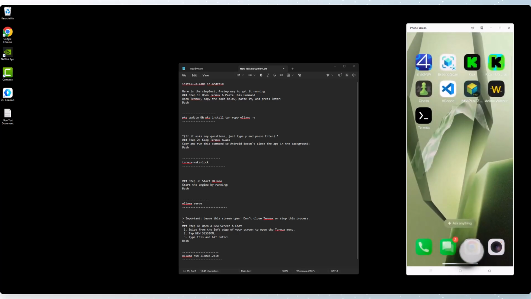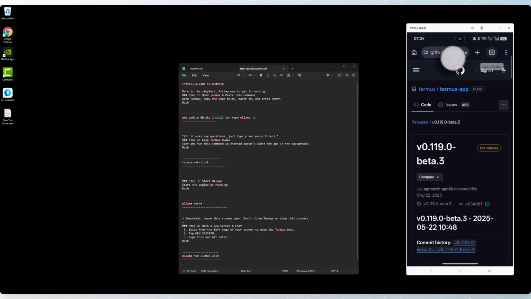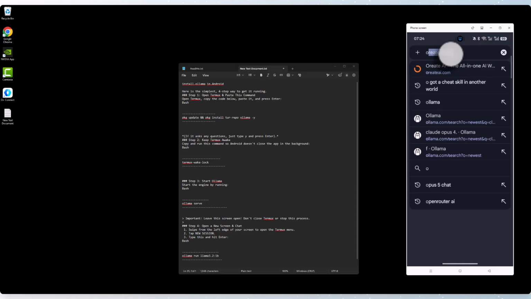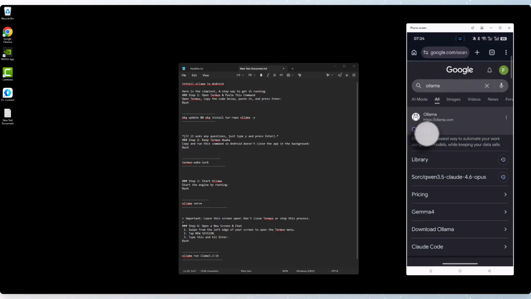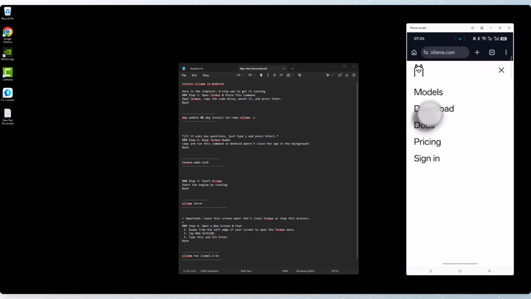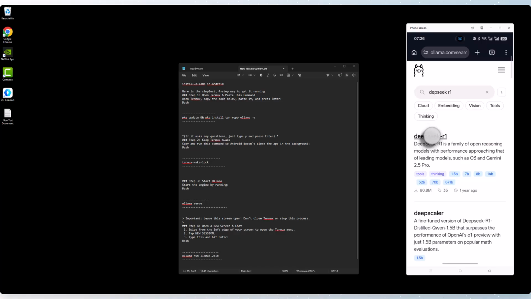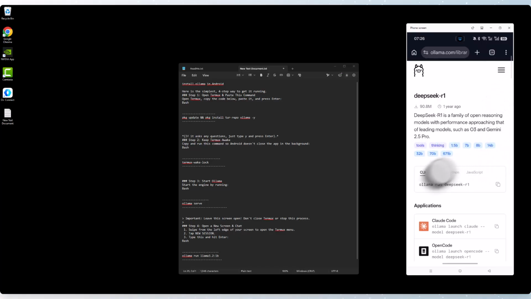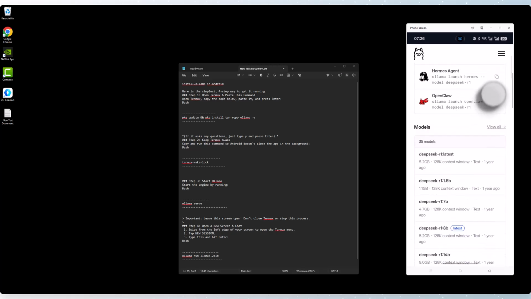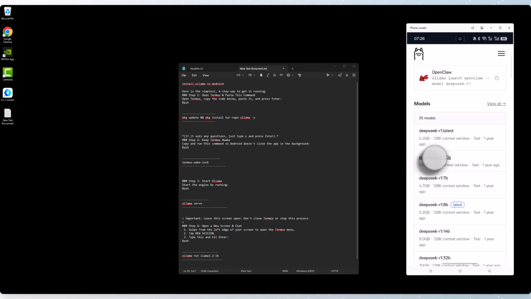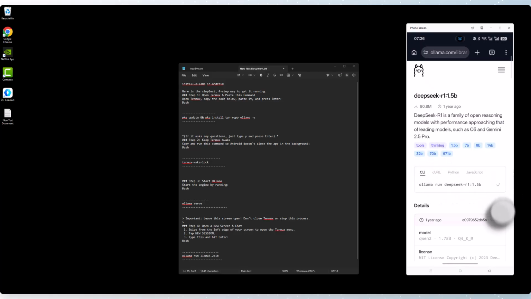Where is my Google? Okay, search for Ollama. Go to Ollama. Go to models, DeepSeek R1. Okay, because it's a tutorial, I want to use this model as an example. Let's go down. Okay, let's choose this 1 GB. Click here, copy this,